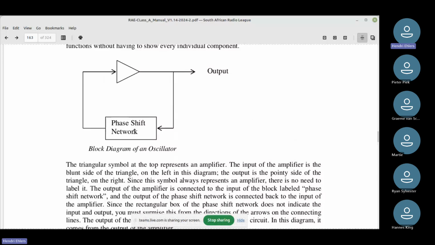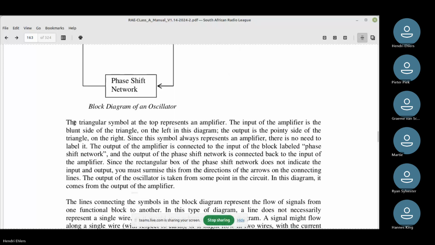Now, with an oscillator, you would typically feed whatever you get out from the amplifier, feed back into it, and that works on the same principle as you would get when you have a microphone in front of a speaker. You get that feedback, and that is actually a tuned circuit.